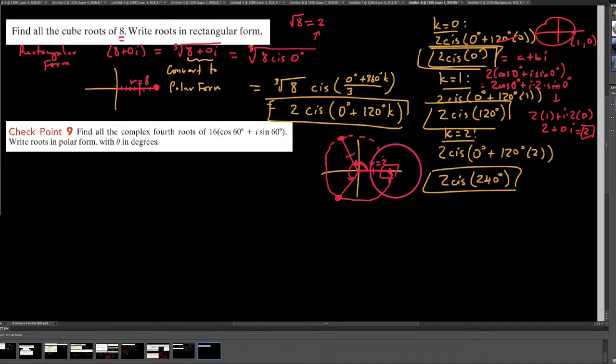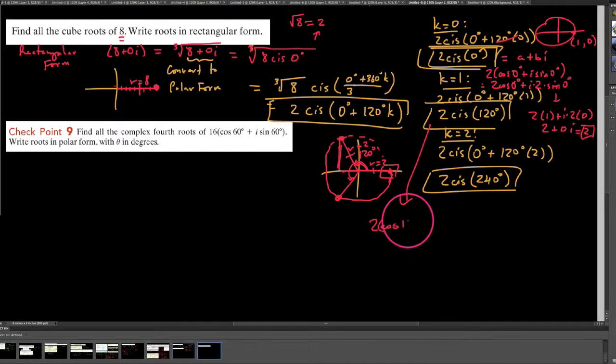It was 2 to the right, up and down none. But this point over here is at 120 degrees, and we know our r value is 2. We're going to need to put in a little bit more work here in order to find a and b that go into this. So again, to convert this into standard or rectangular form, well, we're going to write it